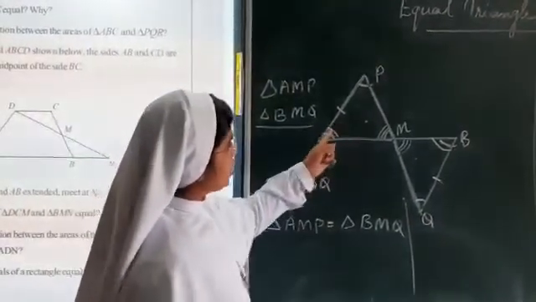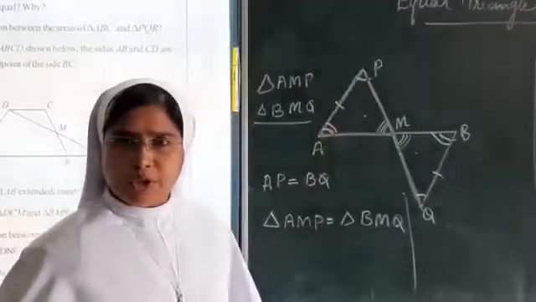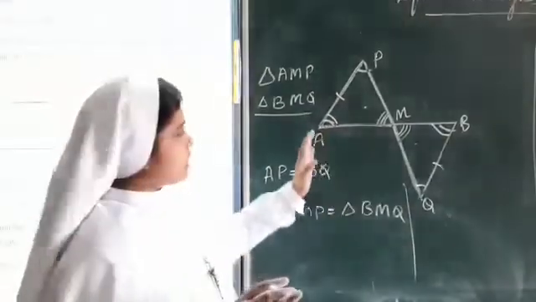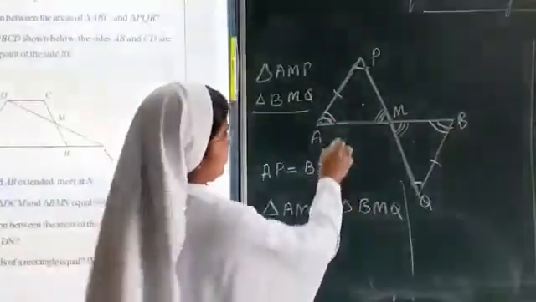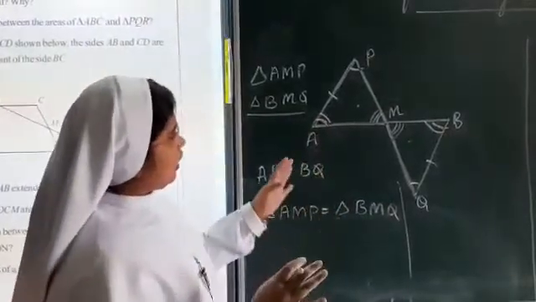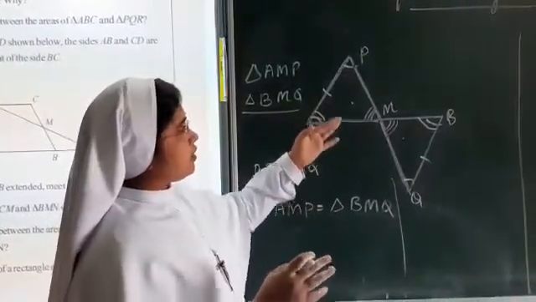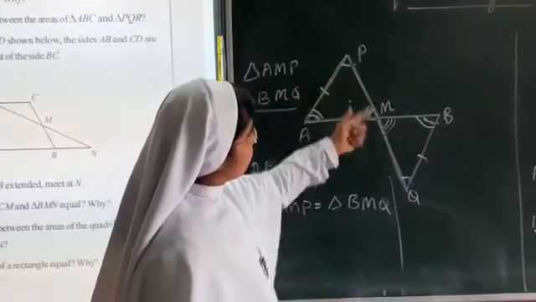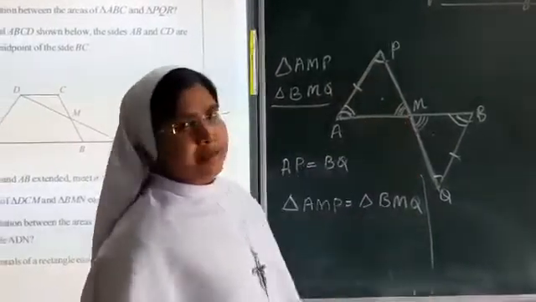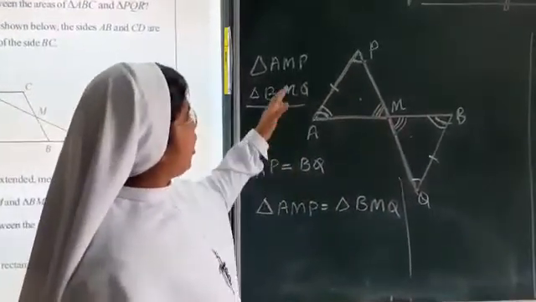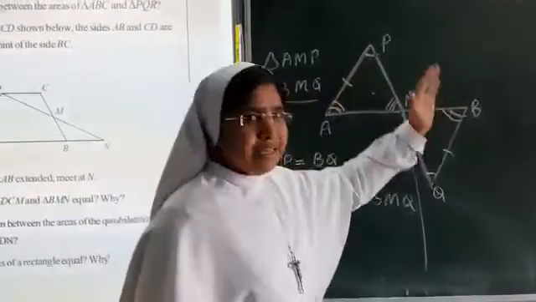I hope you have understood. I will be giving you the notes in detail. You just understand from the figure here. In the question, we have a figure and two triangles, which are intersected by PQ, and the point M was given. So we have to find out whether these two triangles are equal.